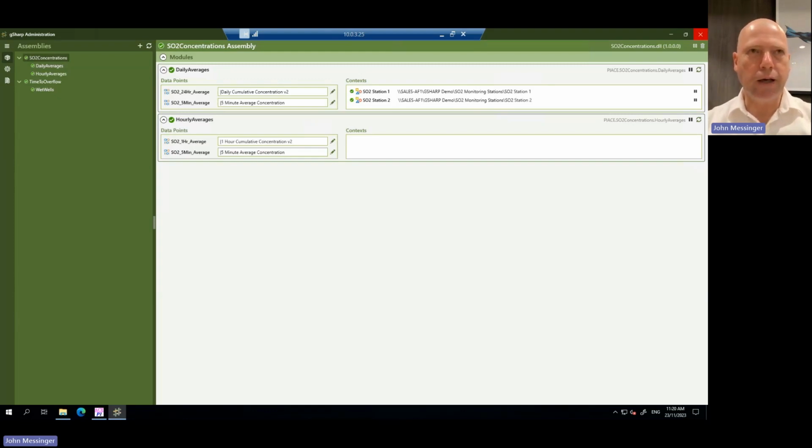Obviously, one of the superpowers of Asset Framework is the fact that it uses templates. And because we're all following best practices and using templates for our asset models, we fully expect to be able to have something that will allow you to select a template and bulk add context. That's an area that we're still working on and trying to nail down what the final functionality will be, but we're certainly looking to leverage that template capability.